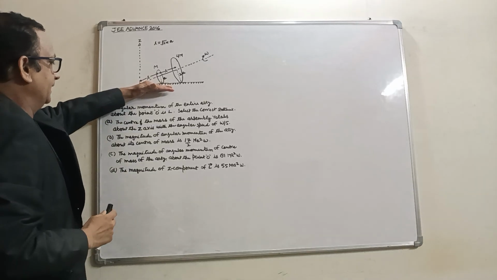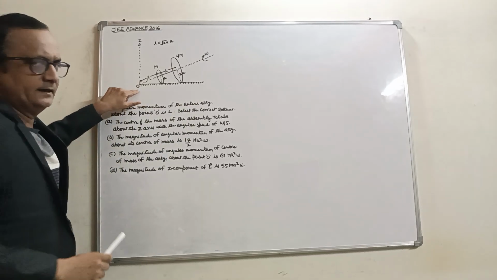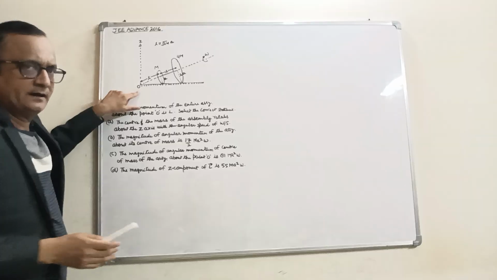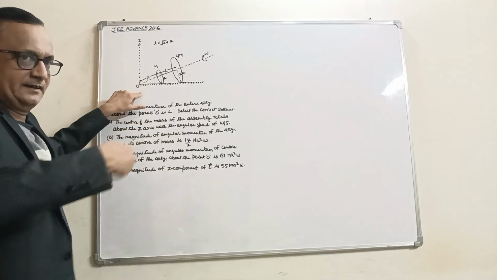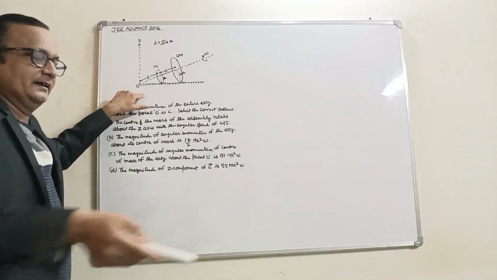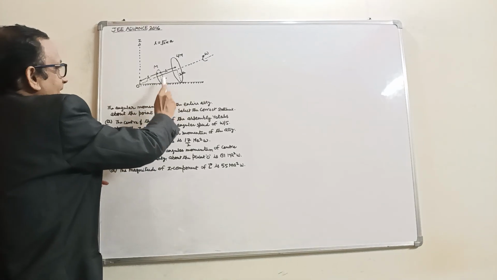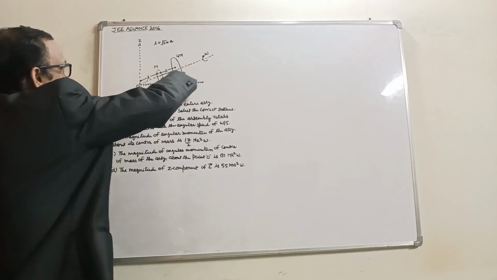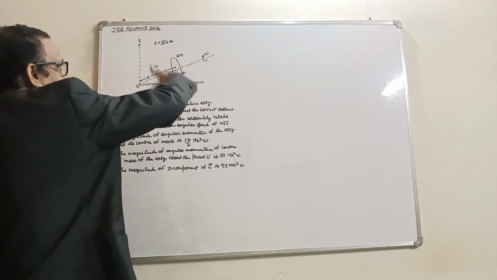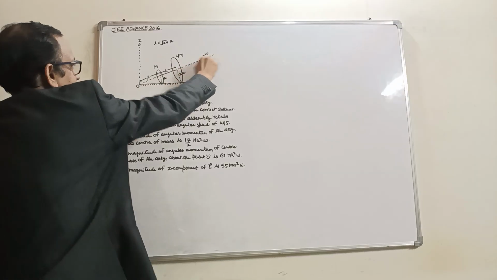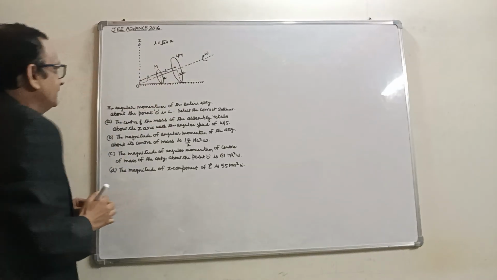So here there is spinning motion and rolling motion. This motion is just like the earth around the sun: the earth is spinning and also revolving around the sun. So this system of discs is also spinning with angular velocity omega. Suppose this disc is spinning about this axis with the angular speed omega.